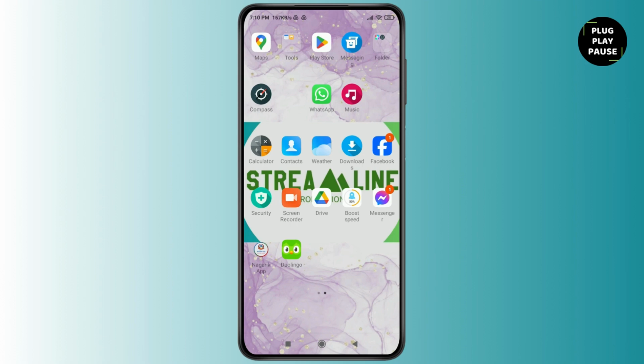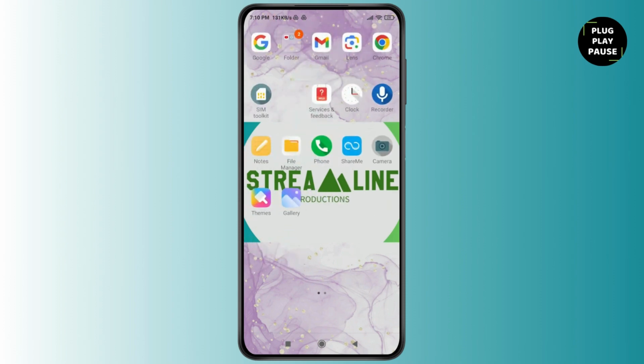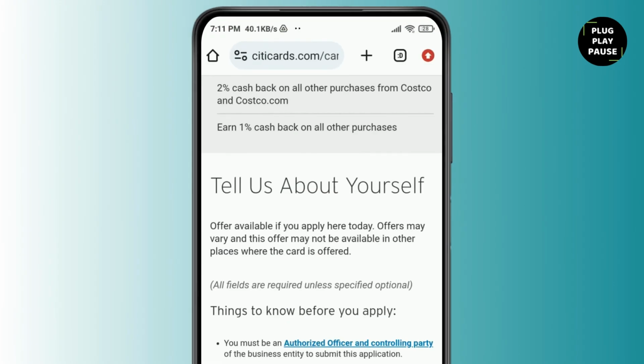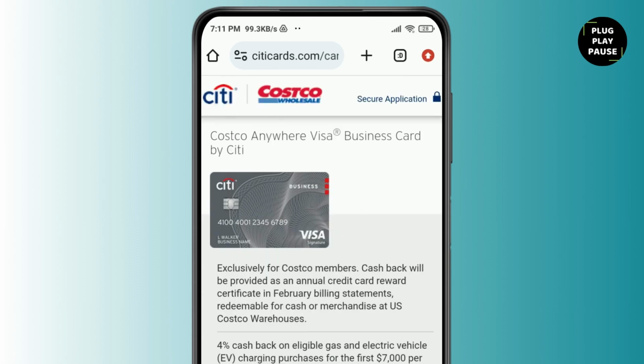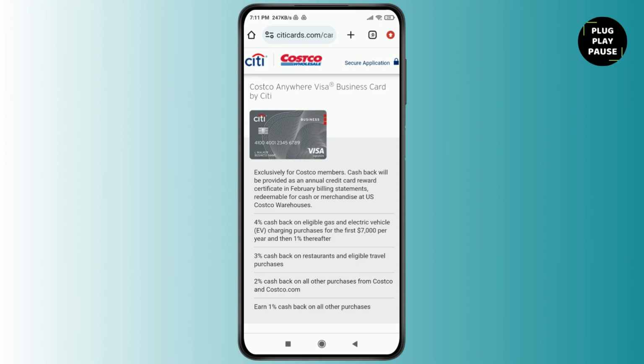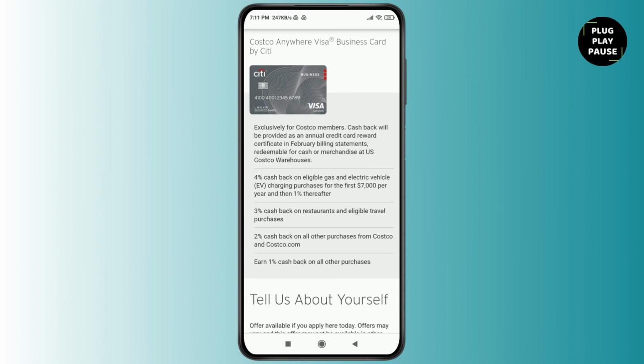So for that, the very first thing is to launch your preferred browser, whether it's Google Chrome, Mozilla or any preferred browser that you use. After that, on the top search bar, you can simply search for citicards.com. After that, it will take you to a page like this. Just tap on Apply Now option, and after you tap on the Apply Now option, it will take you to